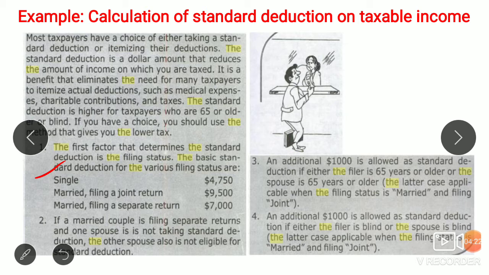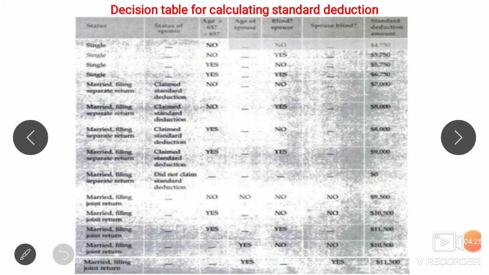We'll see it in a table. See here, the variables that contribute to the decision are listed as columns of the table. The last column of the table is the action to be taken for the combination of values of the variables. In cases when the number of decision variables is many and the number of distinct combinations of variables is few, the decision variables can be listed as rows of the decision table. The calculation of the standard deduction is given within this table.